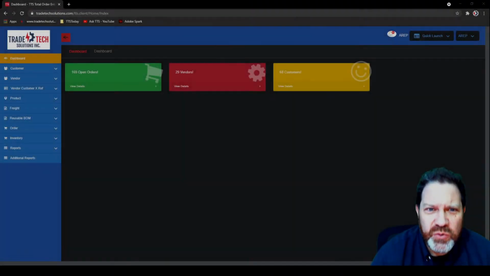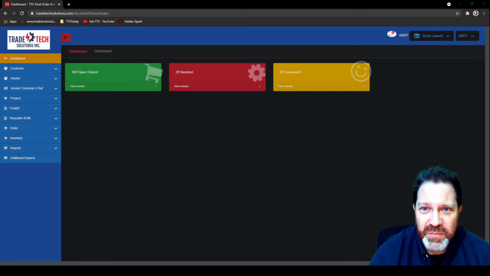All right, so Reusable BOM was originally designed to make creating quotes easier. It is now part of the total order entry system. A simple definition of a reusable BOM is a categorized list of parts. These lists can be saved and reused repeatedly. The two areas in the system where this has been implemented are order entry and inventory receivers. In today's tutorial, I will create and edit reusable BOMs and use them to enter an order and to receive stock. So let's move over to the